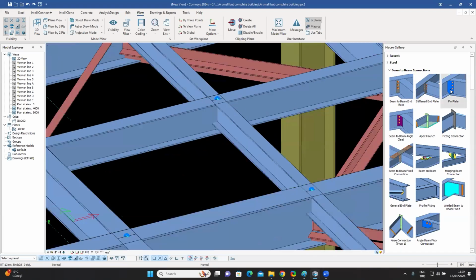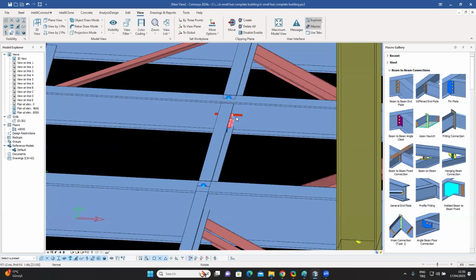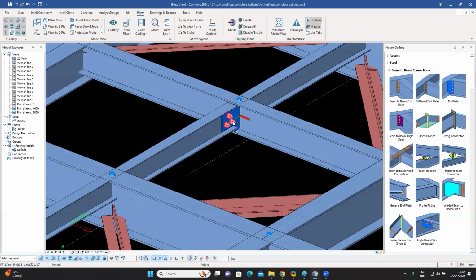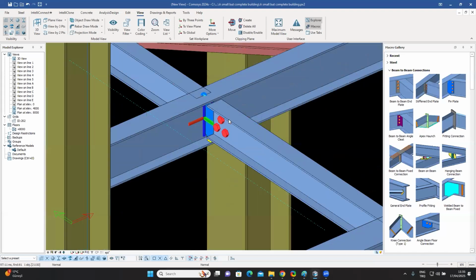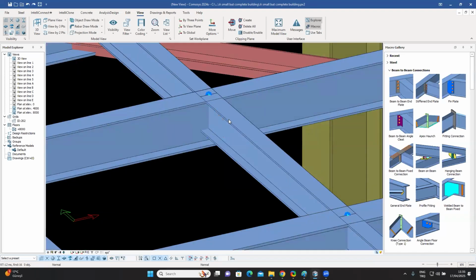Another option which you can have is the fin plate connection over here. Once again, you choose the main, you choose the secondary, and you do the right click a couple of times. It basically gives you a fin plate connection. This is also quite useful, basically to carry small shear loads, not when you have very high shear loads, or